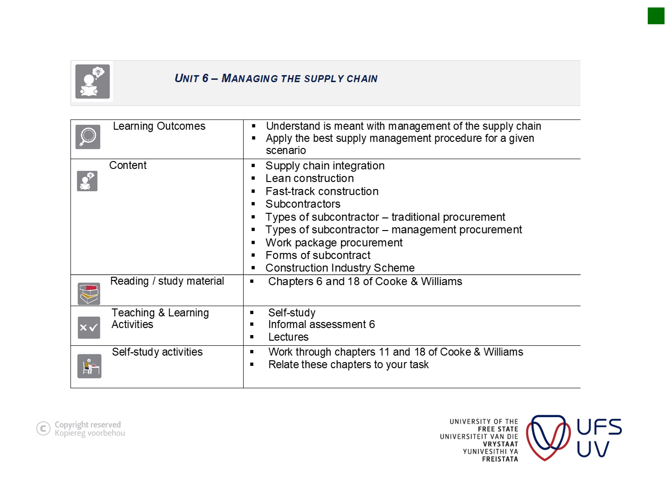So the content is supply chain integration, lean construction, fast track construction, subcontractors, type of subcontractors, traditional procurement, management procurement, work package procurement, forms of contracts, subcontracts, and then your construction schemes. But basically, in a nutshell, please look at chapter 6, which is managing the supply chain,